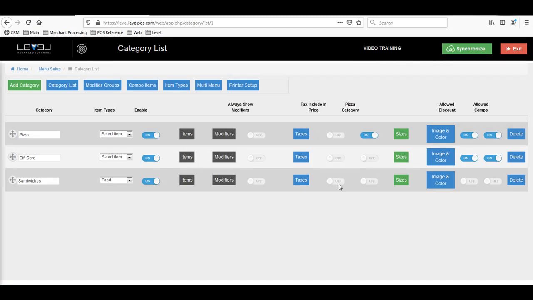Tax included into price. What this does is it allows you to order your items at a whole price and have Level back calculate your taxes. This is typically used in bars where an item would cost like $5, and that's exactly what your customer would pay. The tax would be included into that $5, and Level would then calculate how much of that $5 the tax is for you. When it's turned off, the item will order for $5, and then sales tax will be